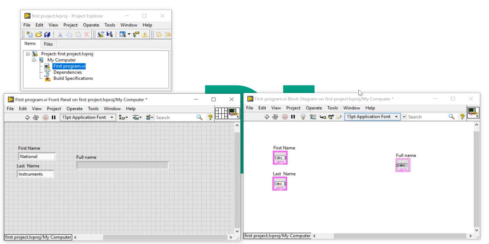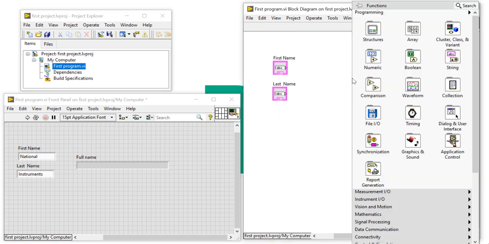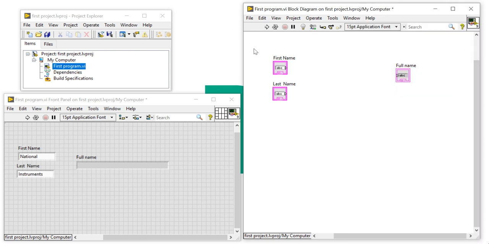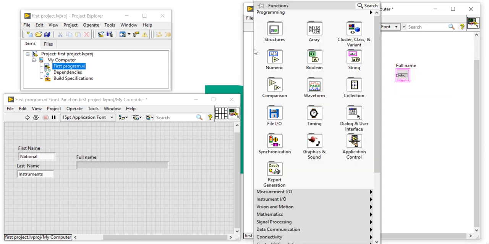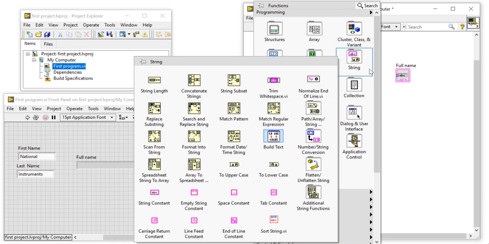For that, look carefully at the block diagram. Right click in the block diagram and the function palette will open. In this function palette, in the third column, second number, String is present. We call it the String function palette.